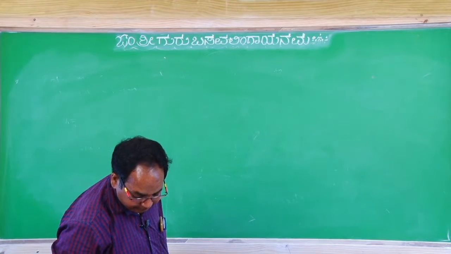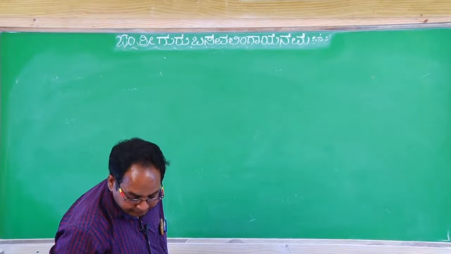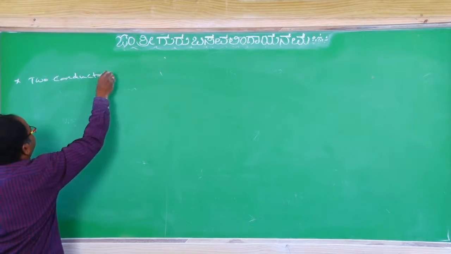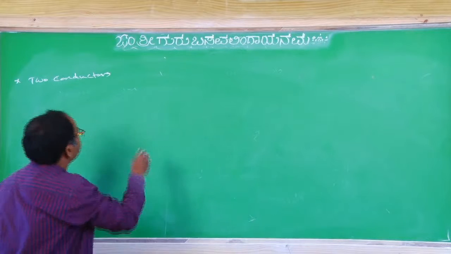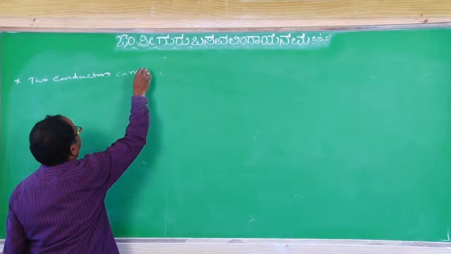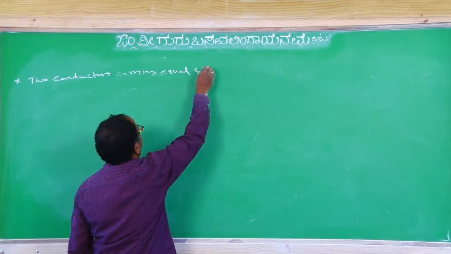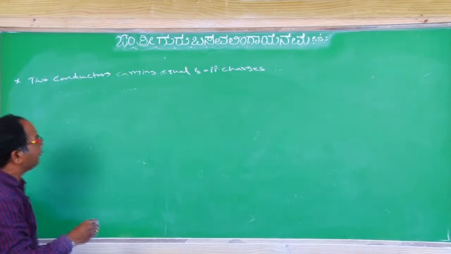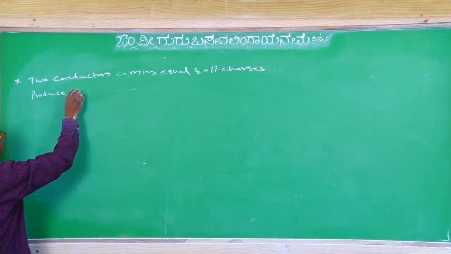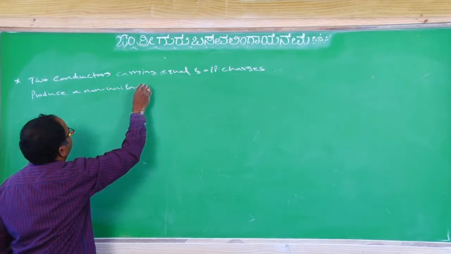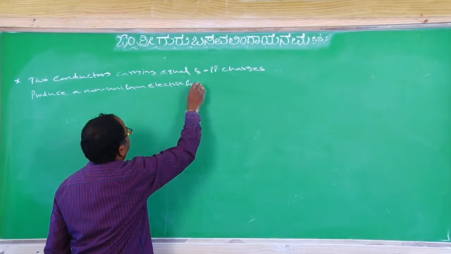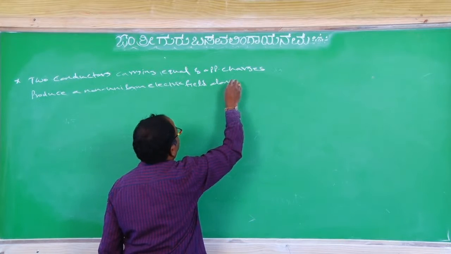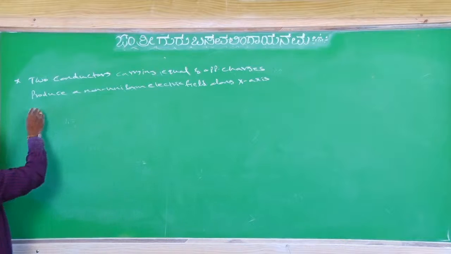Two conductors carrying equal and opposite charges produce a non-uniform electric field along the x-axis as E is equal to